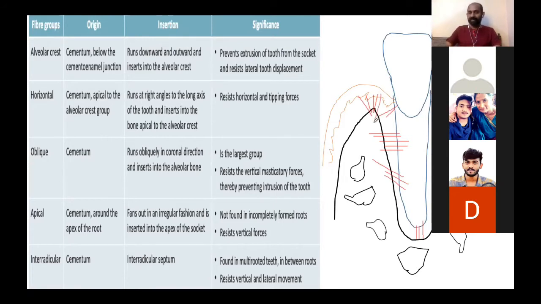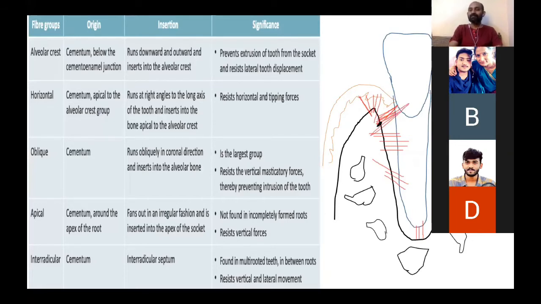Can anyone tell me what the different groups of gingival fibers are? The gingival fibers are called circular, horizontal, longitudinal, and then there is one more, which is called alveolo-gingival. Understand here, when I say alveolo-gingival, it starts from the alveolar process and ends in the gingiva, right? So that is called alveolo-gingival. As far as periodontal is concerned, we call it alveolo-dental. It starts between the alveolus and the tooth. That is why it is called alveolo-dental.